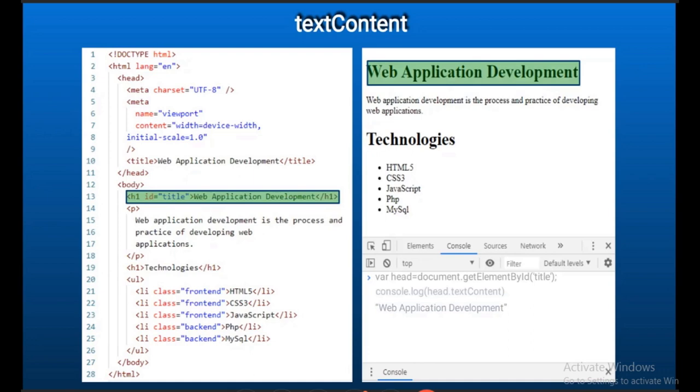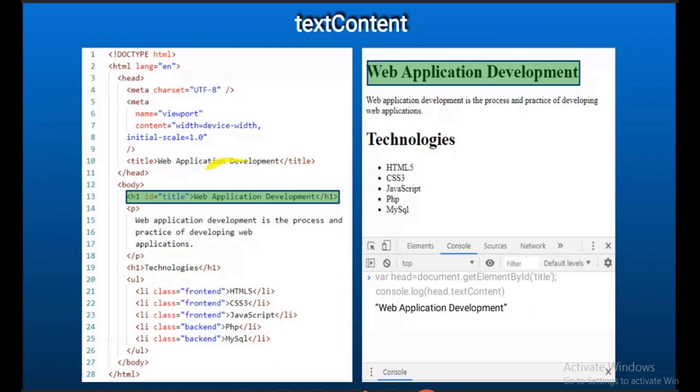So that is what happened. Web application development gets displayed in the console. So console.log head.textContent gives us the text content inside that tag, and that got displayed. So that is text content.